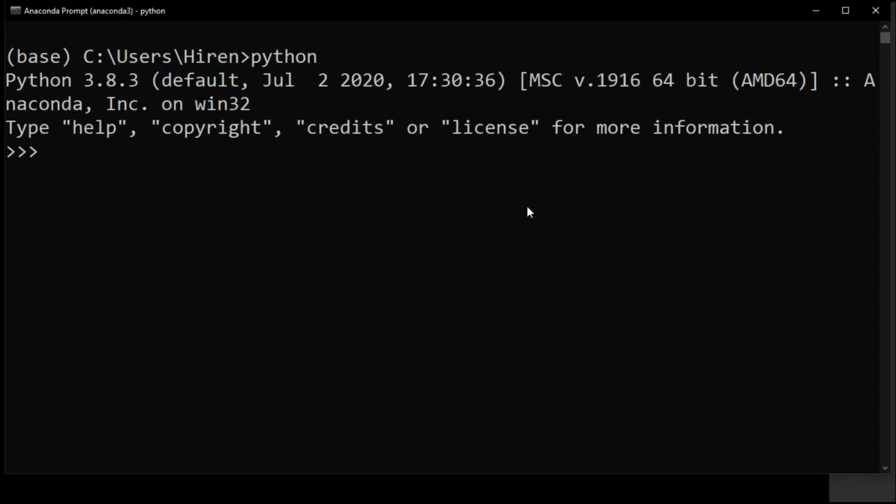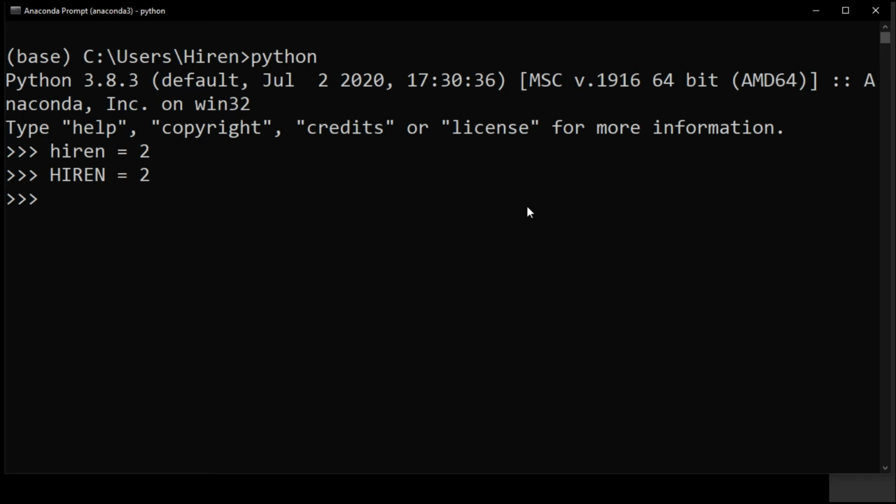Now let's check which kind of variable names we can use in Python. Let's say I am using a first variable all in lowercase, let's say hiren equal to 2. It's fine, there is no error. And let's say I am just writing it in uppercase, and that is again equal to 2, again no error.